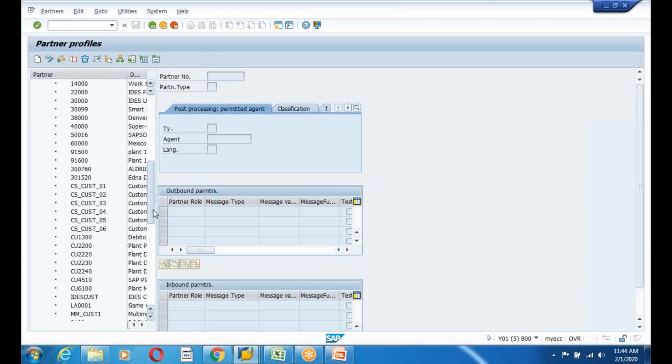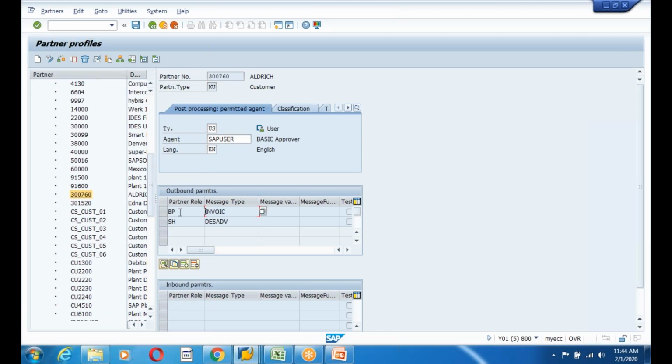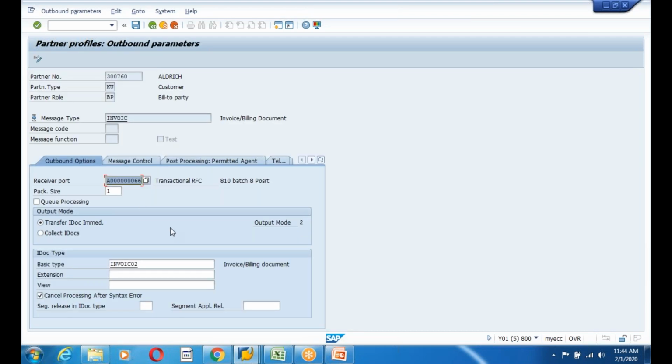So what is the customer? The customer which we did is 3760, and this is my message type. Double click on this, and INVOIC02. This is my invoice type. But if you go to the invoice type,